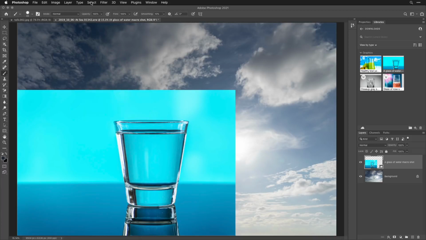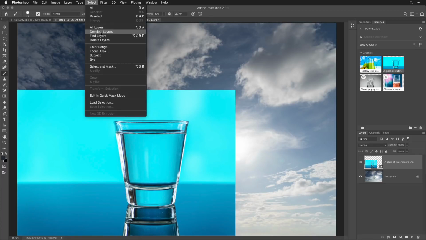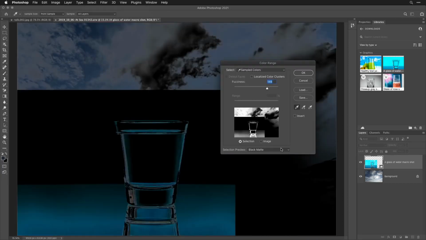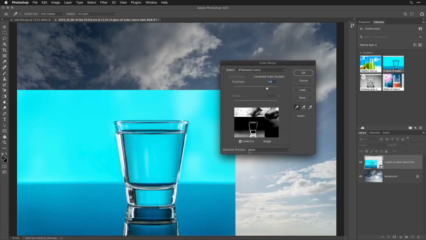To do so, I'm going to go to the select menu and I'm going to choose color range. Now it's going to remember whatever the last settings were that I used, and I'm going to set this to none at the bottom because that's what you would get if you've never used this before. Then over on the right side there are some eyedroppers. I'm going to start with the eyedropper on the left,